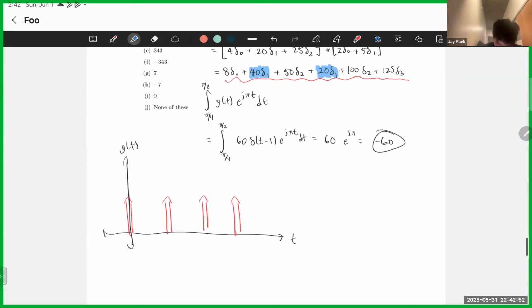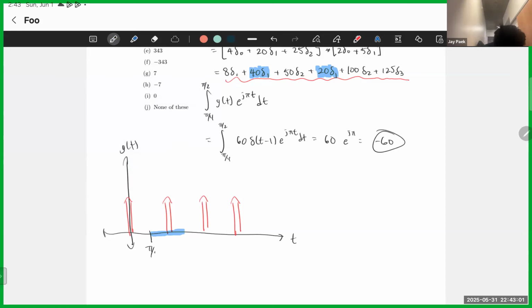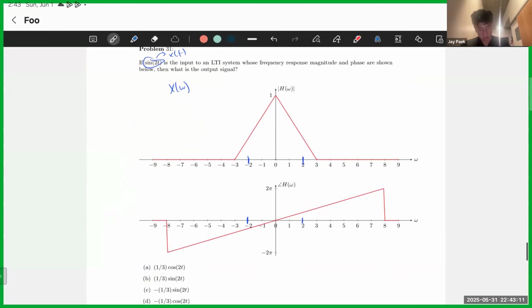I'm integrating from pi over 4, which is somewhere over here, to pi over 2, which is somewhere over there. Which means that the only one I care about is this one right here, which is delta 1. That's why we're only taking delta 1. Anywho,